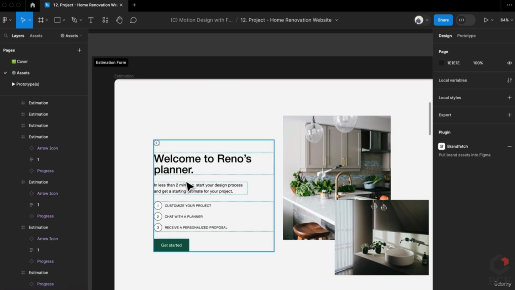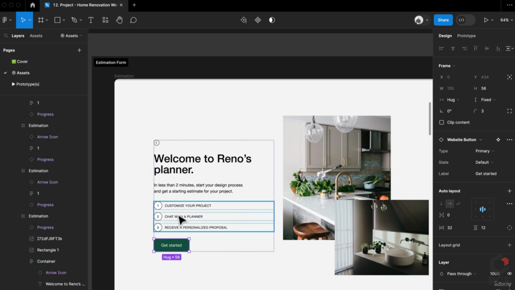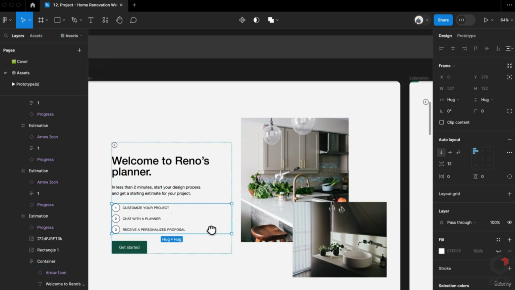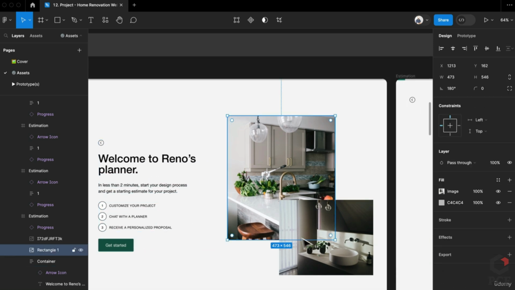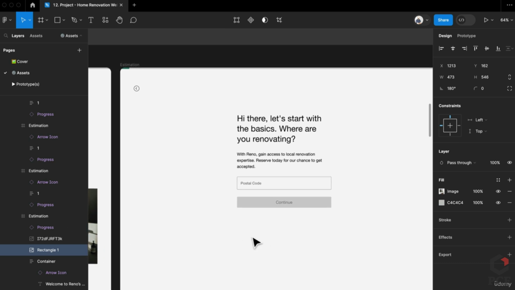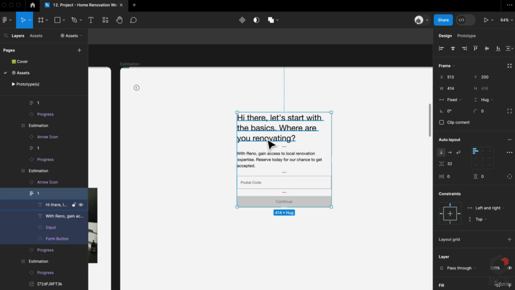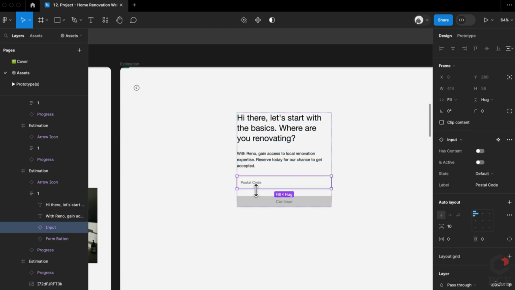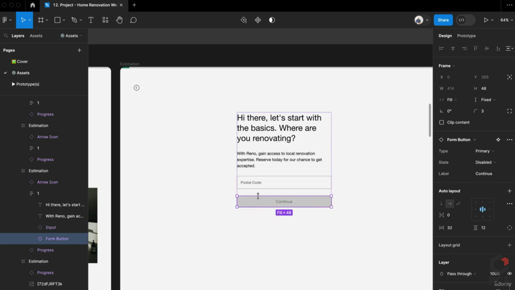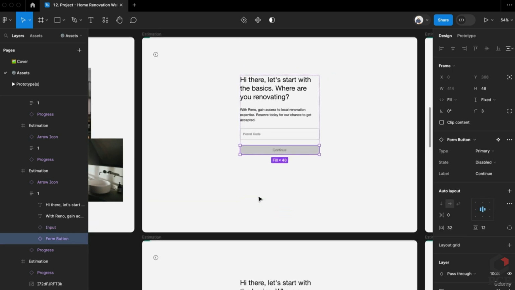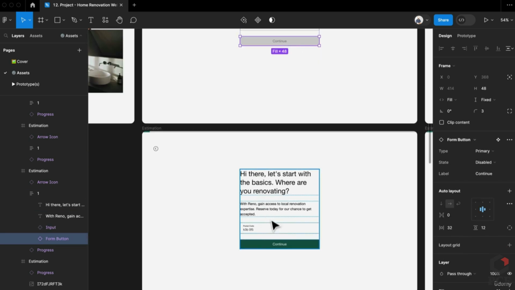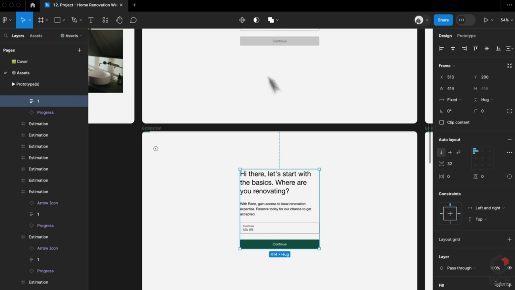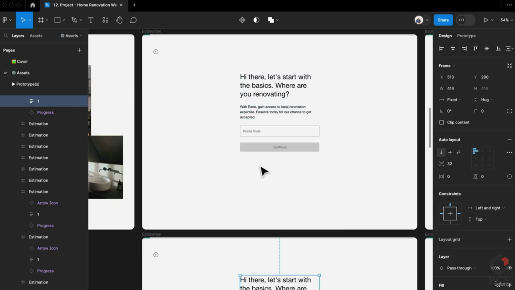I have a simple auto layout container with one of our buttons and some other different types of elements and some images overlapping one another. Nothing big. I want to get more into the specifics of the actual form here. So I have basically a title, and then I have some text explaining, and then I have an input or something like that. And then I have that button. What happens is when we actually have that button, it's going to be disabled. So we created that disabled state, and then we move into the actual filled state. So you can't progress forward without having filled out